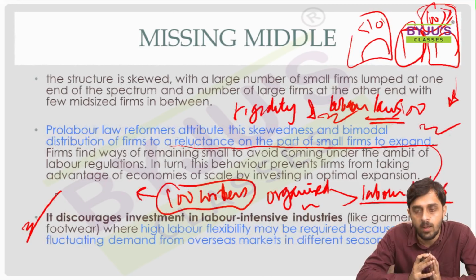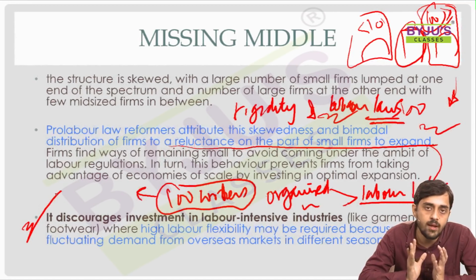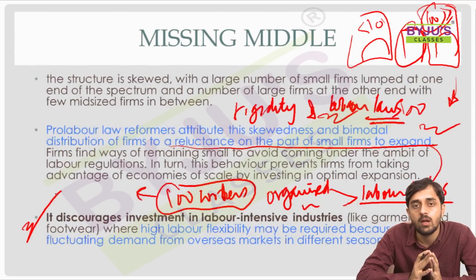So rather than using labor intensive methods, they have gone for capital intensive methods of production so as to bypass the application of labor laws upon them. So that's another reason why the quantity of employment today has been decreasing or has not increased to that extent in India. The manufacturing sector continues to contribute only a small amount of employment as compared to the other sectors. So that is why you see the adoption of capital intensive technology and the bimodal distribution